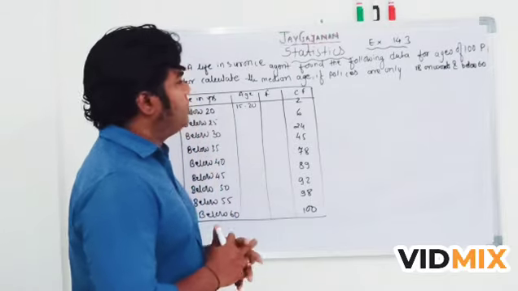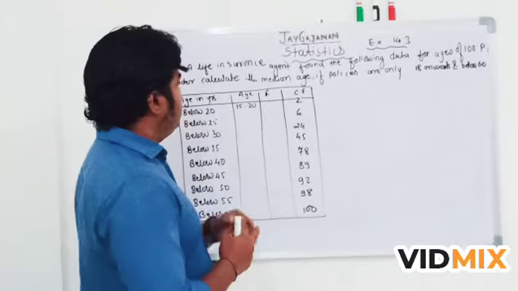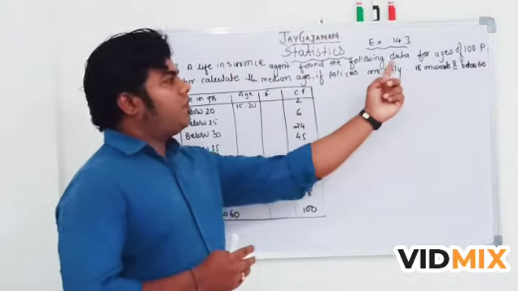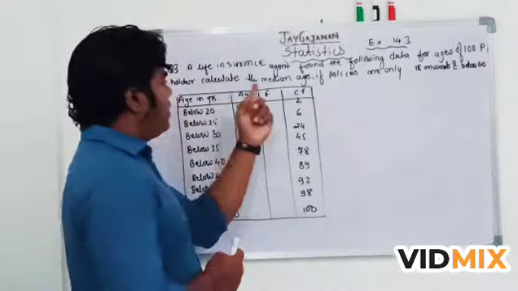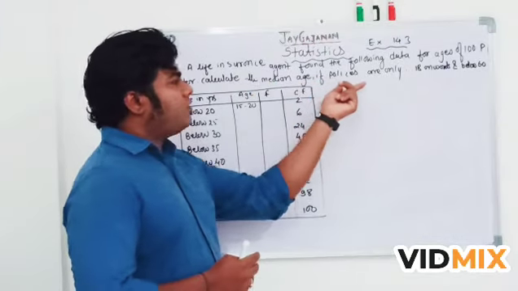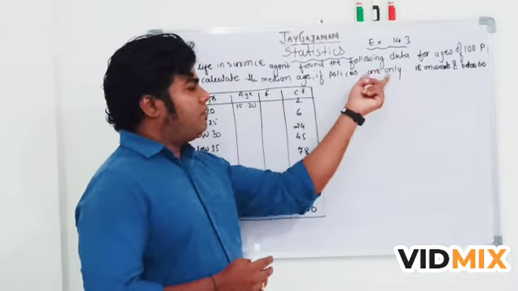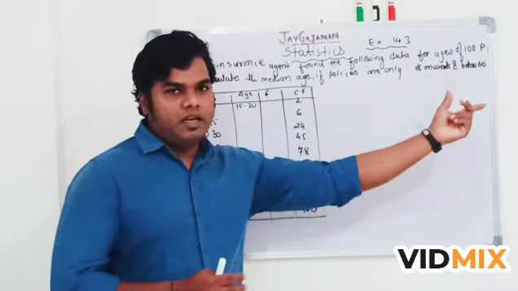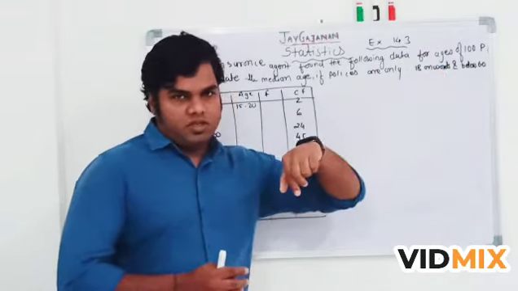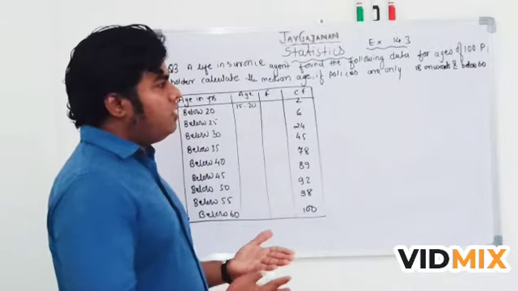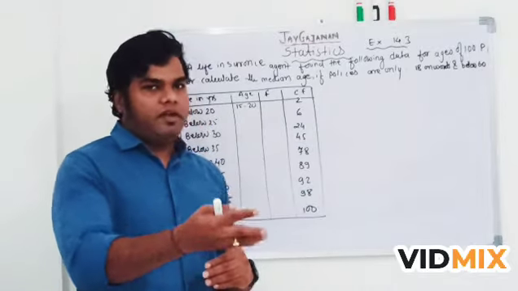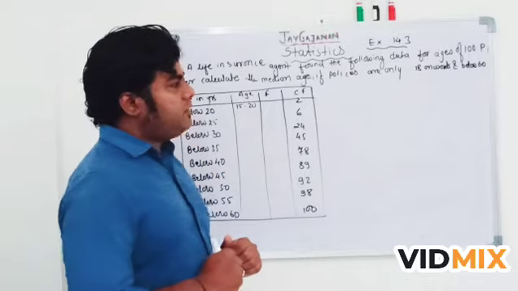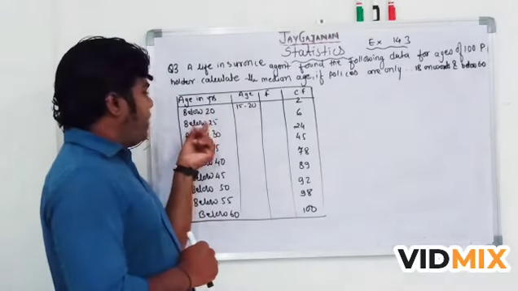But here in this question, it is kind of a different question. A life insurance agent found the following data of ages of 100 policyholders. Calculate the median age of the policies which are only given to those having age more than 18 years and below 60 years. So these policies are given to people whose age is above 18 and below 60, correct? And here it is given below 20 years, below 25.